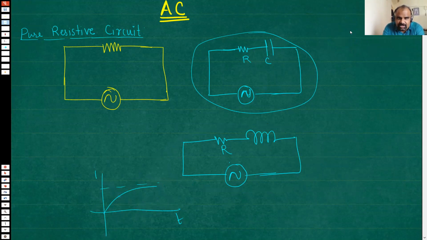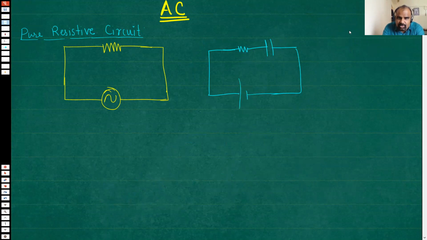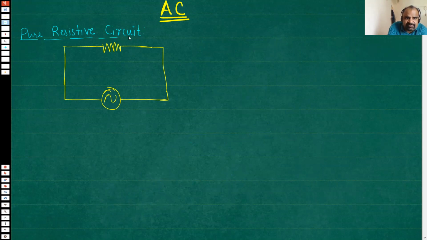Okay. So let me come back. Well, as of now, we don't know too much about AC. Frankly, we have just started. So as of now, we will stick to a simple resistive circuit. So a pure resistive circuit. Here there is a resistor and there is an AC source. This we call the AC source. Yesterday, I showed you how this AC source behaves. It is not a constant voltage source. Here the voltage or the EMF, whatever you call it, varies continuously. In fact, there is a sinusoidal variation.